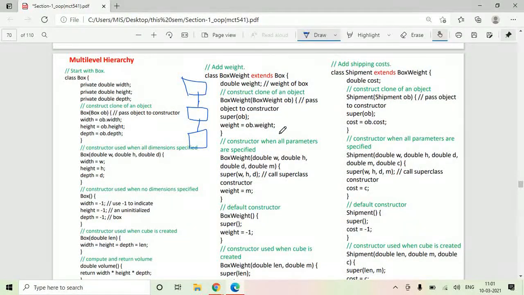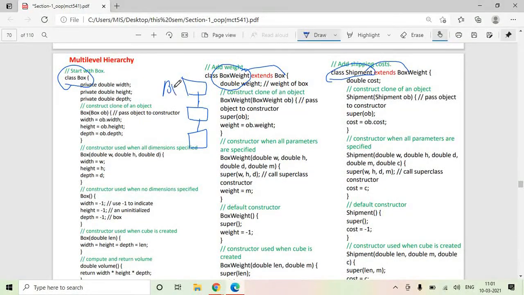So let us try to understand this multi-level inheritance with the help of a simple program. We have first class box, then we have derived box weight class from box class, and then this shipment class, it is derived from box weight class.